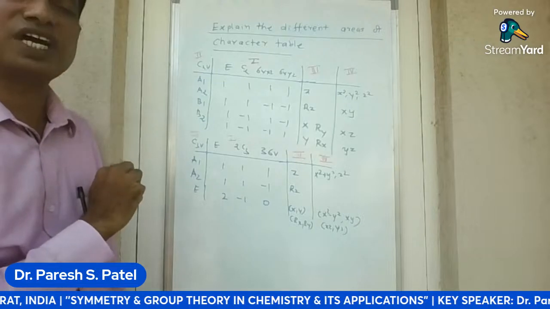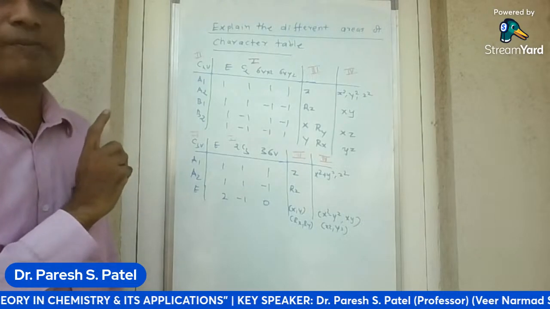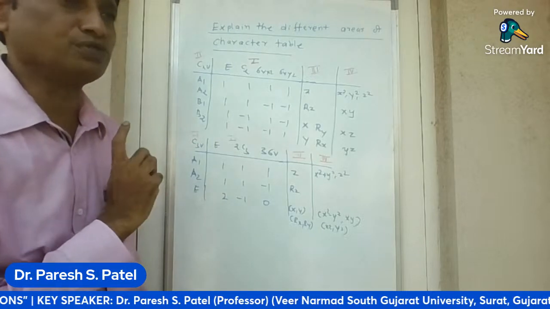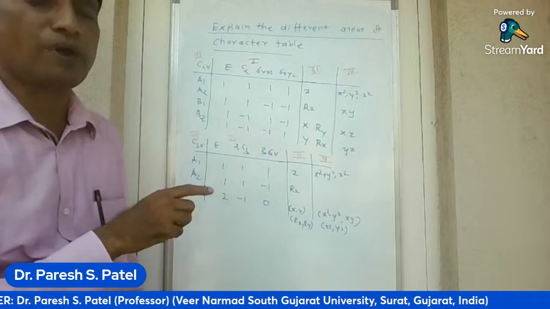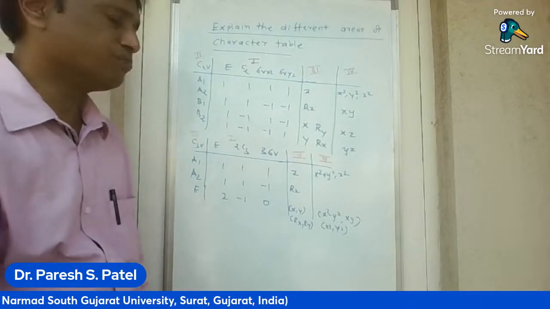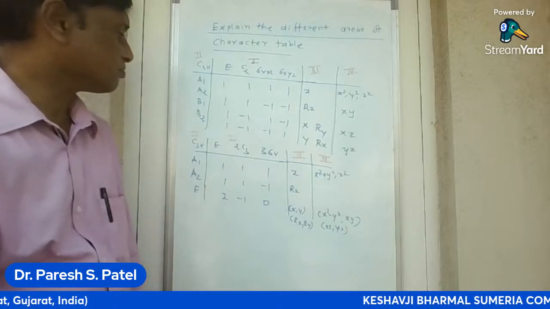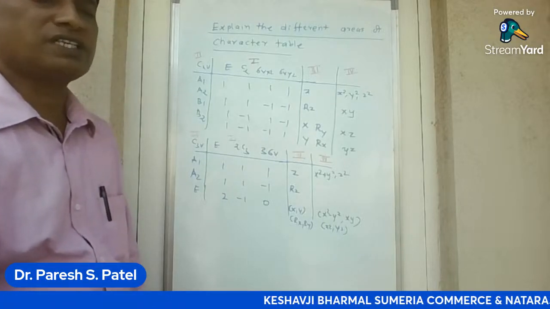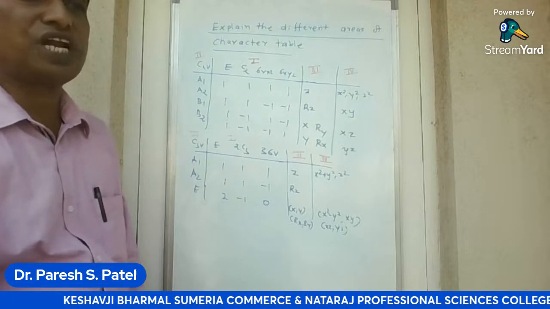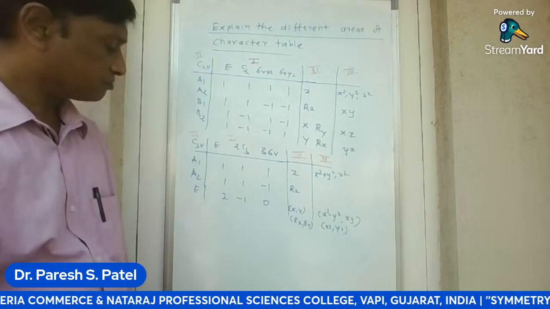We already discussed that if the representation is one dimensional, then capital letter A or capital letter B can be used. If the character for the main principal axis is +1, capital letter A can be used. If the value for character is -1, then capital letter B can be used. If the representation is two-dimensional, then E can be used. If the dimension is three-dimensional, then T or F can be used. Now,